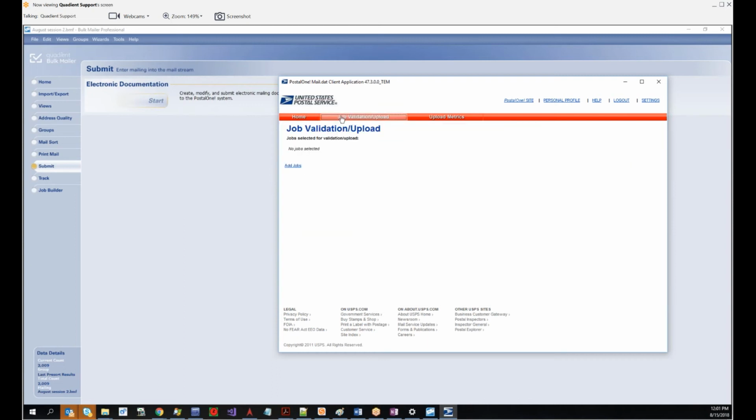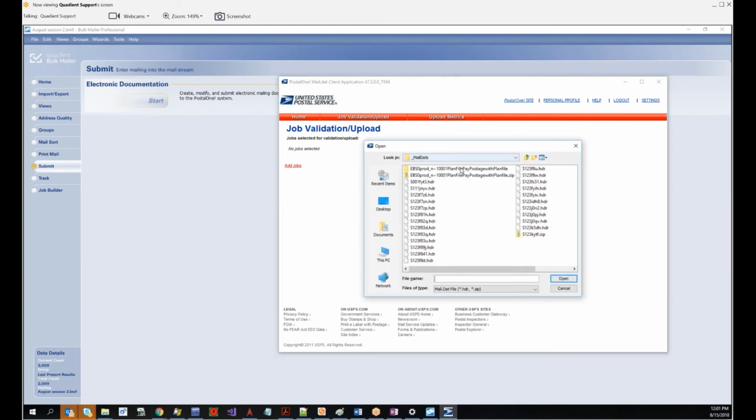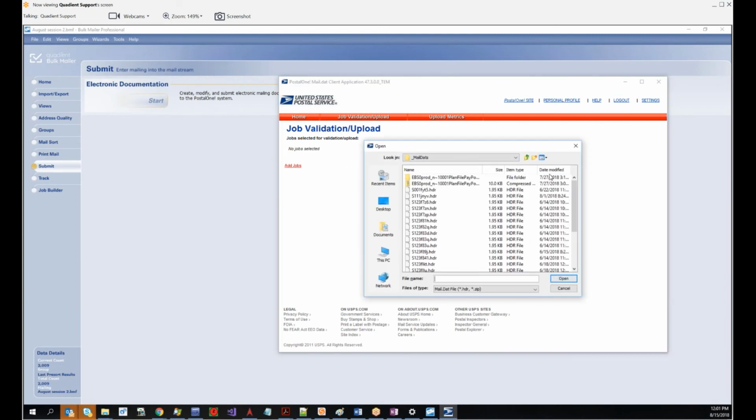And to upload it, we go to job validation and upload, add jobs. And we have to sort these by date modified. It looks for both zip files or